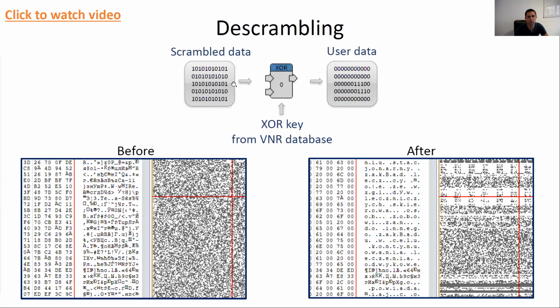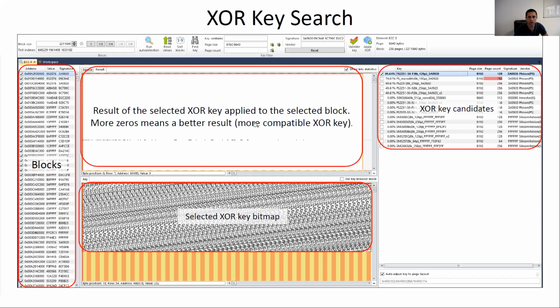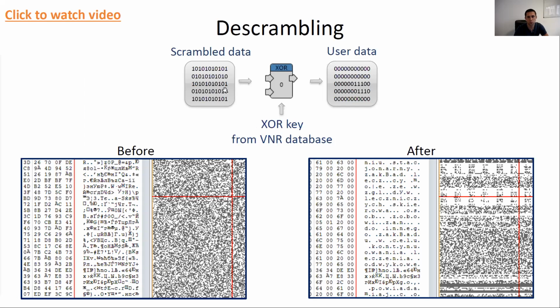Video with a more detailed explanation about this process you can see by this link here. When we perform this descrambling process, there is only one thing we need to care about. We need to select a good XOR key, compatible XOR key, if we're talking about using XOR key from a